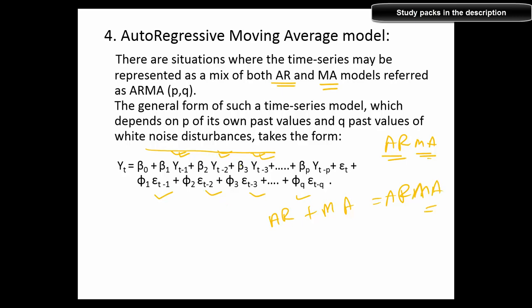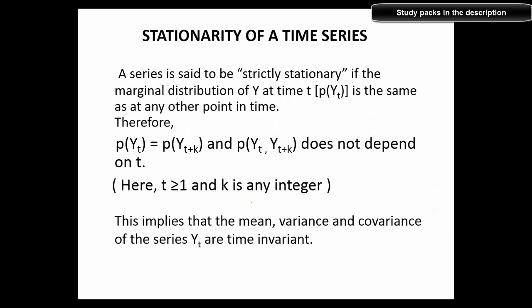And people have said that this is more accurate many times over AR or MA process. Alright. Now we introduce you to a very important terminology known as stationarity of time series model. So a time series is said to be stationary if the marginal distribution of y at any time period is the same as at other points. Let me put it this way. The series has constant mean and variance. So the basic statistics like mean, variance, all these things are